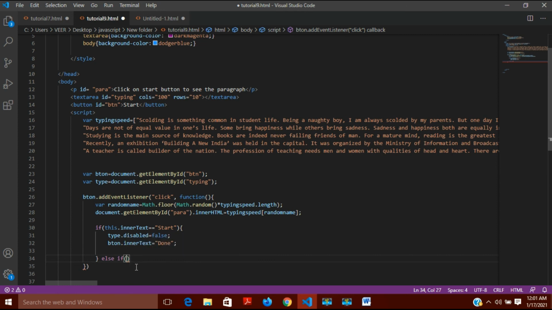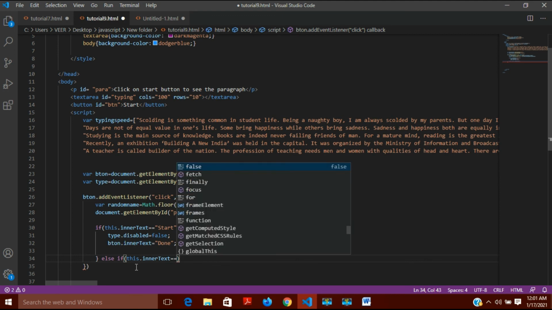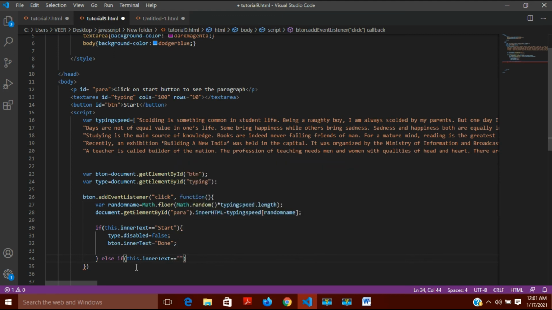So again I will write here if this dot inner text is equal to done, then what should happen?